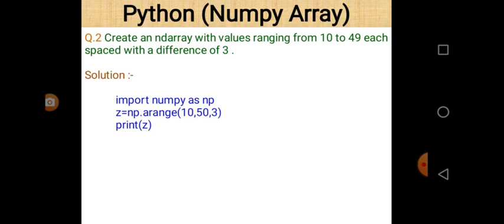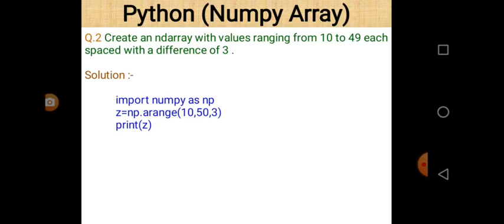In this case arange is the name of the function, and arange has three parameters: start value, stop value, and step value. So as per the question requirement we take first value 10 because the range starts from 10 and goes up to 49. That's why we take 50, because the stop value is exclusive. That means it is not part of the array.